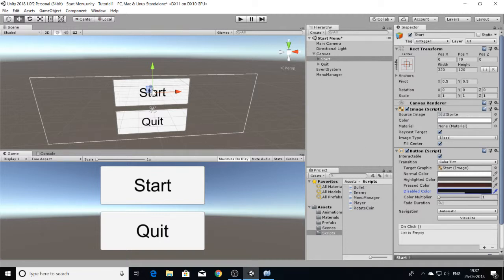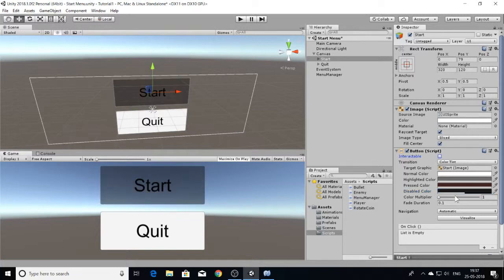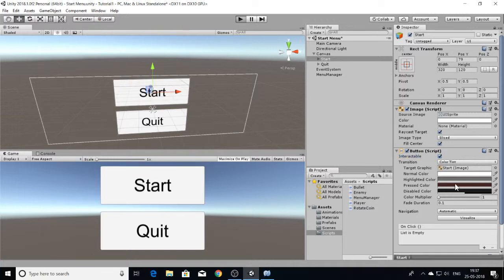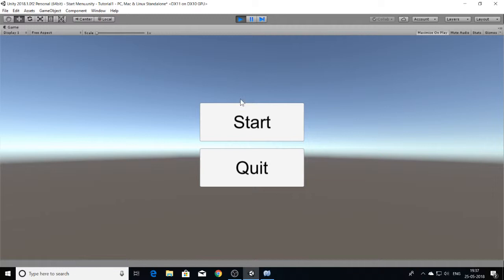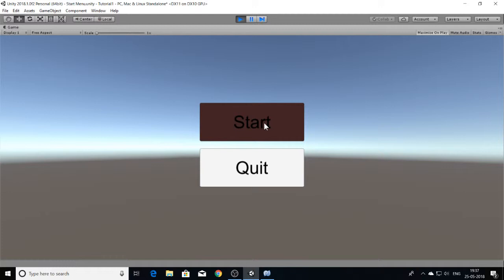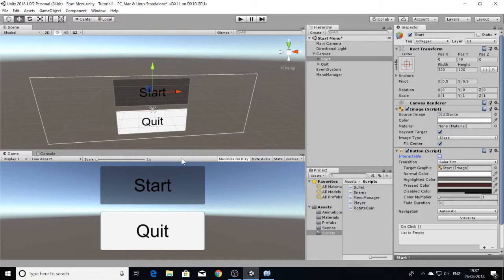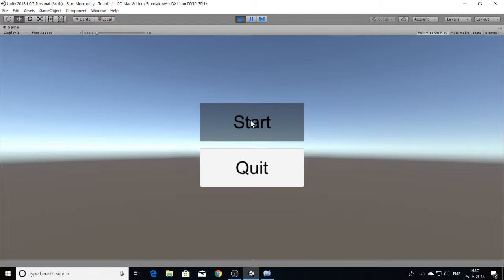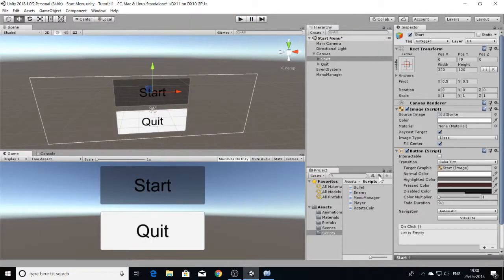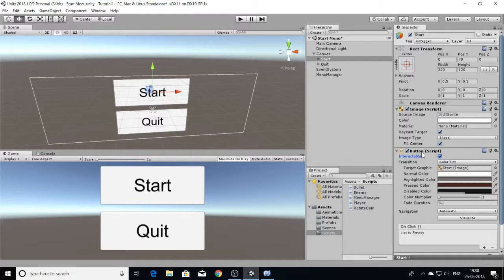And to disable a button, we can use this interactable checkbox, so you can click on that and it gets disabled. It's using this color now, and to show you, I can show you these colors as well, how it looks. So this is the highlighted color, this is the normal color, this is the pressed color, and the disabled I just showed you. So if I click on this checkbox, I can no longer interact with this button, so I can't do anything with it,